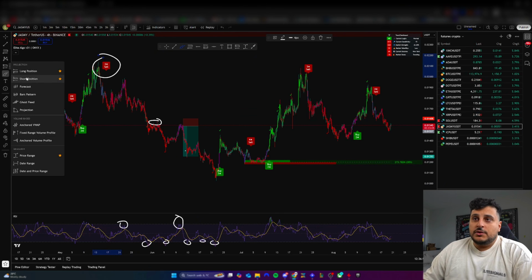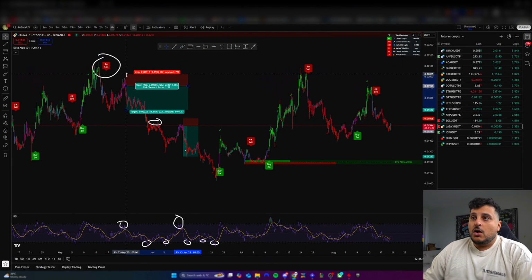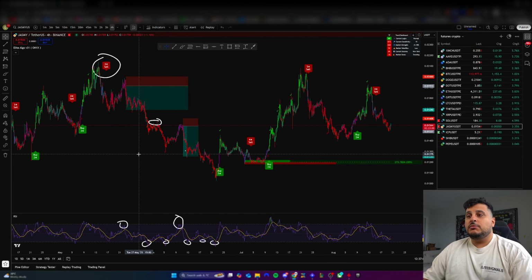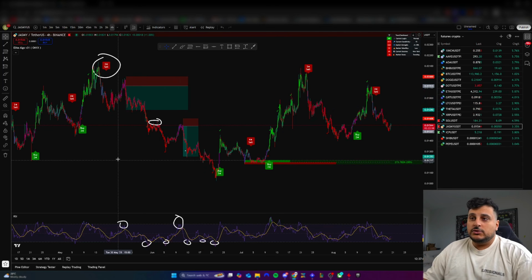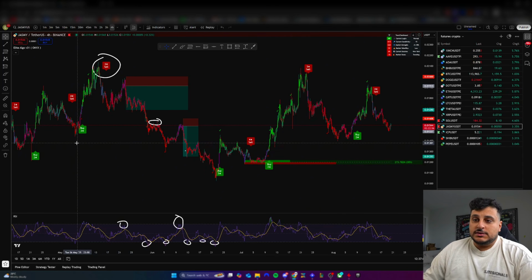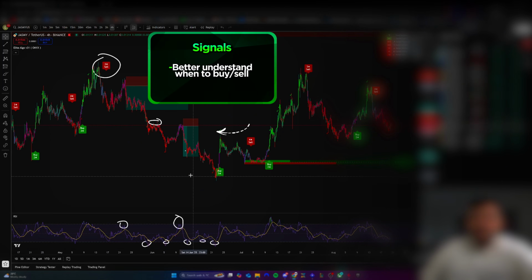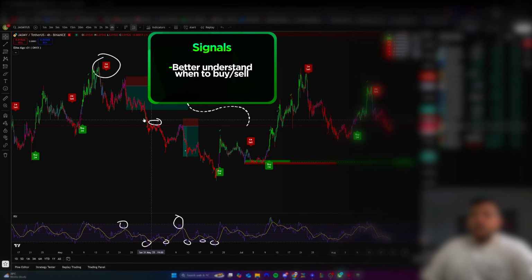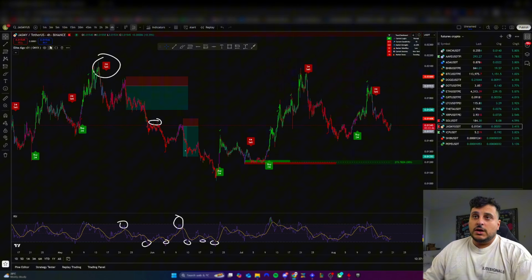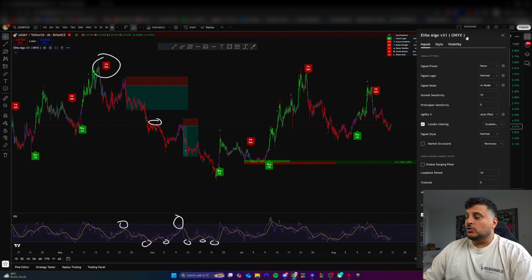And this would have been another signal that we could have taken on the RSI telling us, hey, we should probably be trading over here. And this would have resulted in a win again over here. As we can see right here, guys, we can use these signals to better understand exactly when we should buy and sell. Now, the thing with this tool also is you can customize this to give you either short-term trends